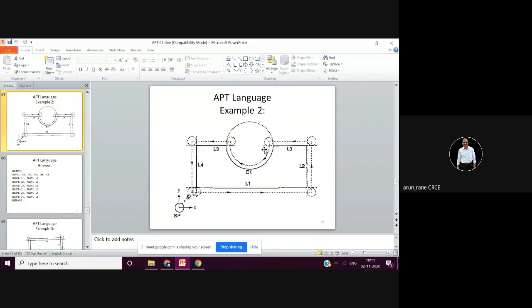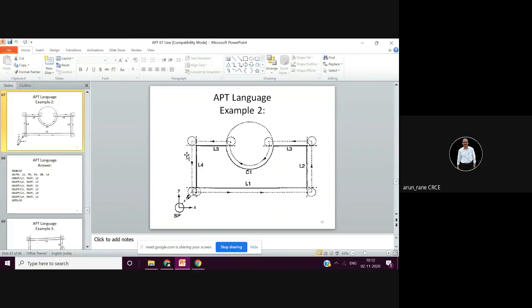Then again the same: go left of L3, and then past C1. Pass C1, and so on. Pass L3, pass L4, and pass L1. So finally it is go left L4. Go left L4 and past L1.